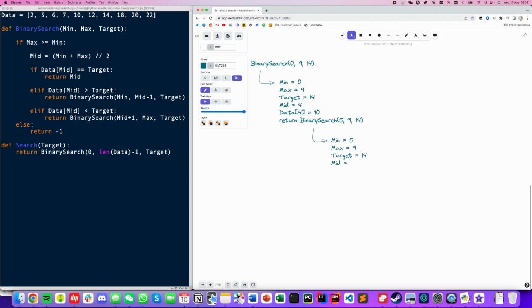So we calculate mid by doing min plus max, which is 14, integer division by 2, which is 7. Okay, so let's figure out what data 7 is. So let's see, that's 0, 1, 2, 3, 4, 5, 6, 7. So data 7 is equal to 18. Okay, so now we go through the if statement. Is 18 equal 14? Nope. Is 18 bigger than 14? Yes. So this one returns a recursive call to binary search